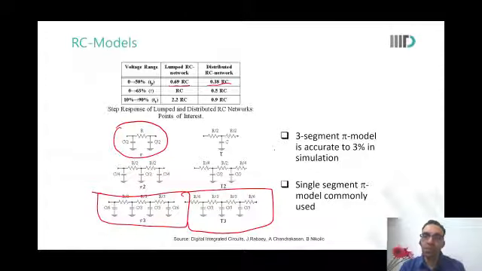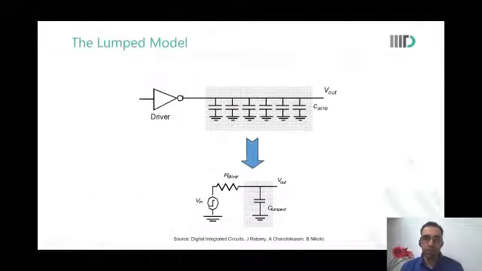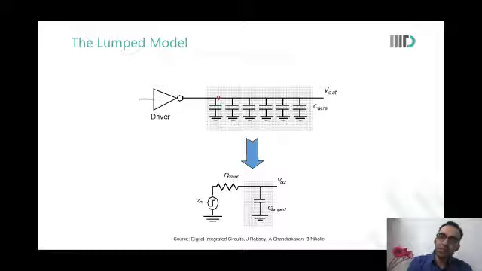Sir, I am not familiar with the term distributed RC network. What's the difference? We just showed that in the previous slide. This is the distributed one. Over here, this is just distributed C, but there is a long wire, and we say, okay, I will actually show all the small resistances. I will not lump them. That is distributed RC.